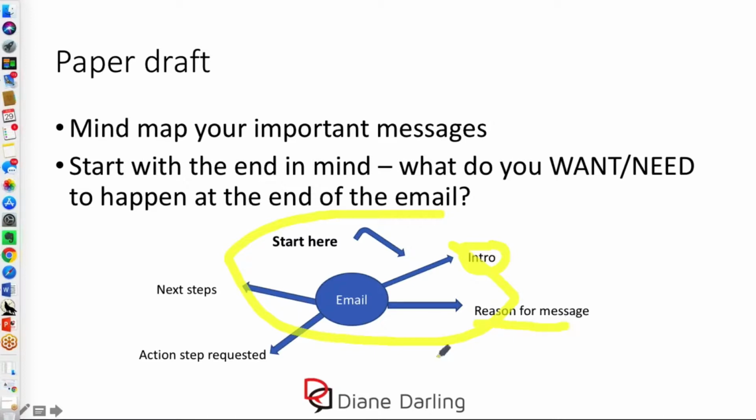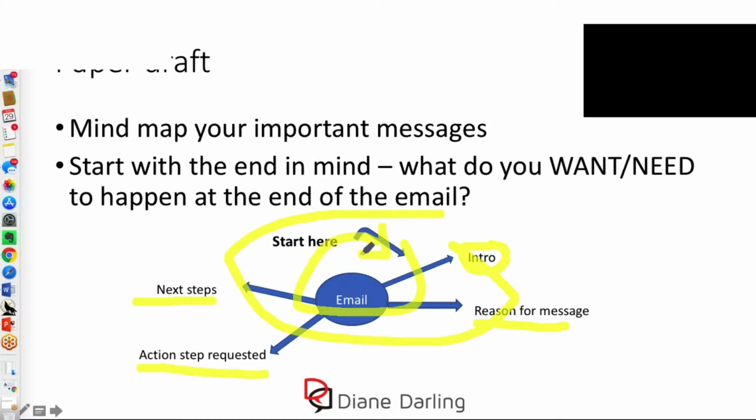Then think about, what is the reason we're getting together today on the webinar? Or what is the reason we're going to meet in person? And then what's the action step that's going to be requested after that? And then let's determine where we're going to go from here. And if you think about this as a circle that goes around, and I'm not drawing this very well, but if you think about how it goes around, what are some different ways for you to message in a clear and thoughtful format